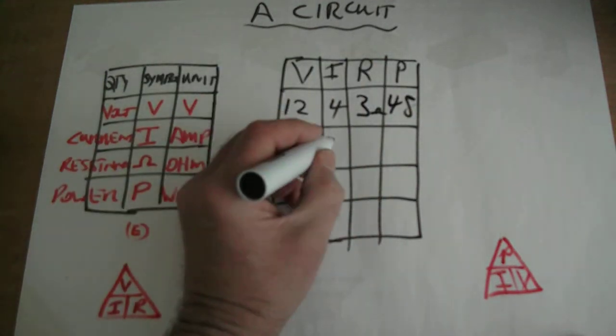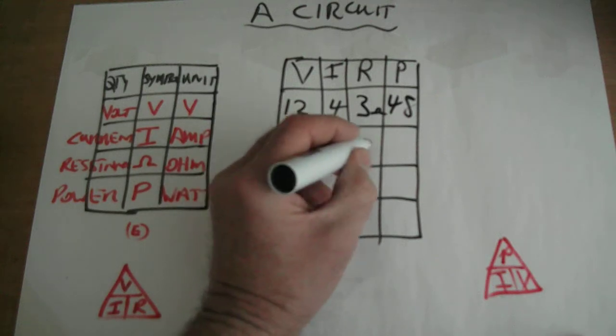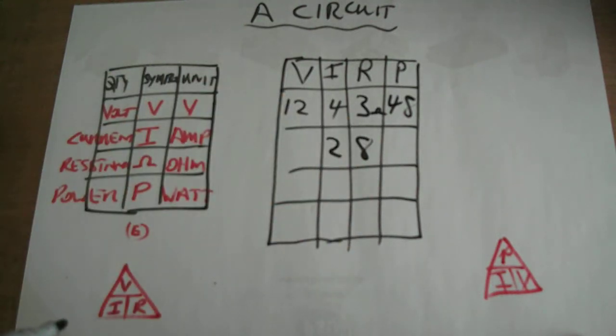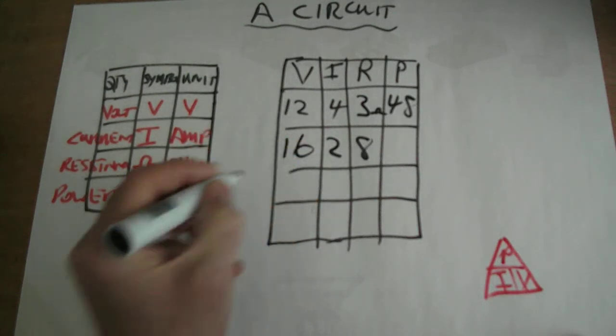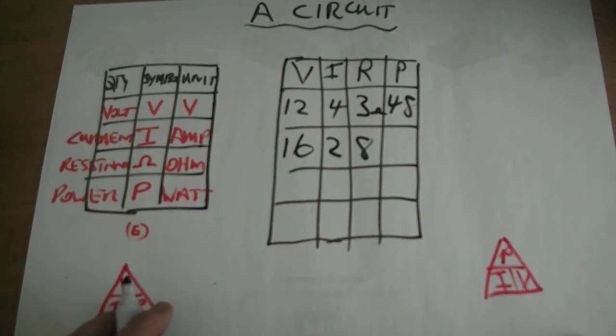If I have 2 amps and 8 ohms, I can now work out voltage, which is 16 volts, and the power,